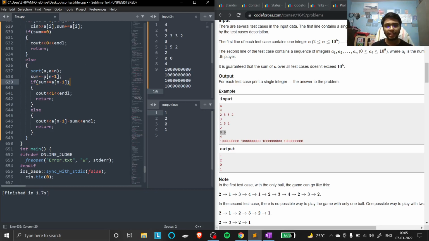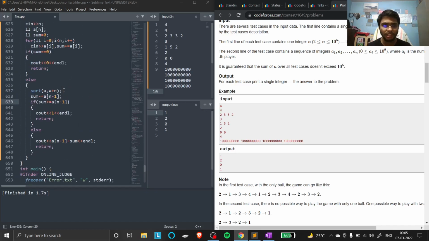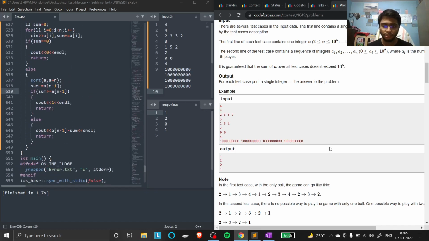And from that I subtract the maximum one, because we need to see on the basis of the maximum only. After that we see that if the sum is greater than or equal to the max, the at least condition is favorable, so the answer would be one. Else the answer would be the difference between the maximum and that sum, like we see 5 minus 3 equal to 2. So that's the answer. It's a simple one. Nothing more complicated.